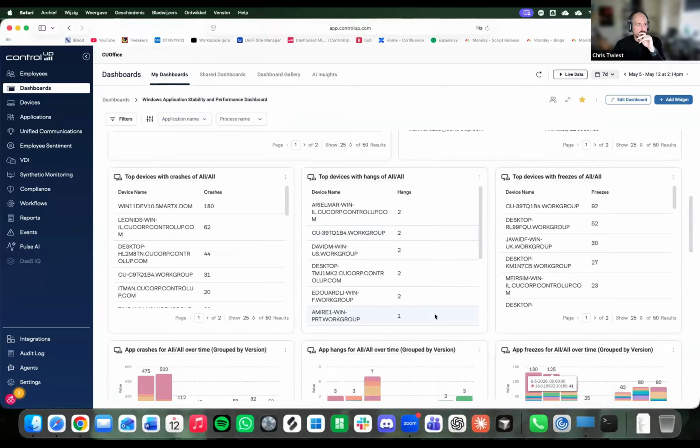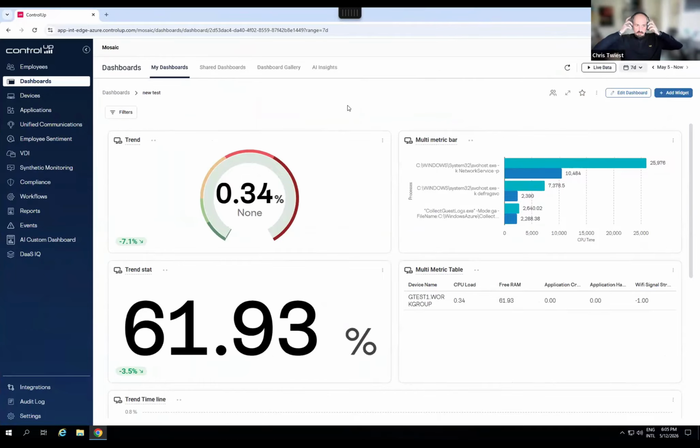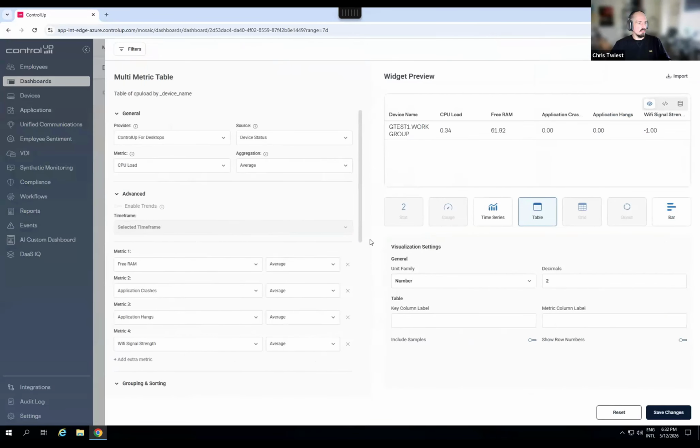So let's go over to the even cooler stuff that's coming on Sunday. I have it running here in the test environment. First off, we're going to introduce multiple metrics in the table. Like I said, we currently have one metric in the table. Well, soon, what we're introducing on Sunday is this advanced section.